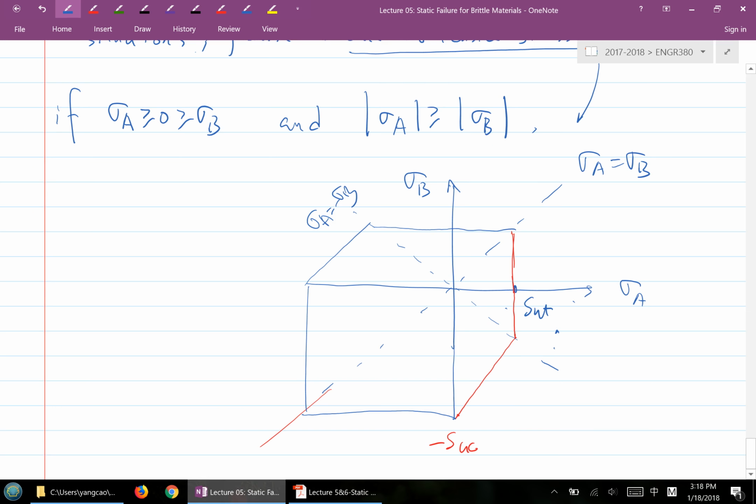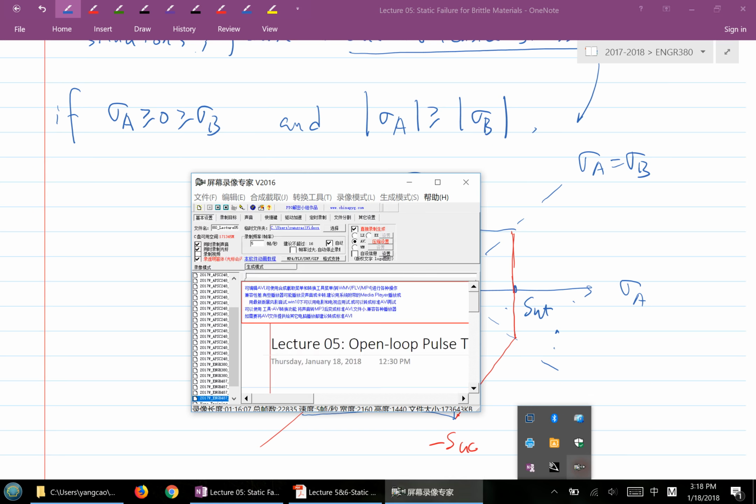Yeah, come on. Is everything to the left of